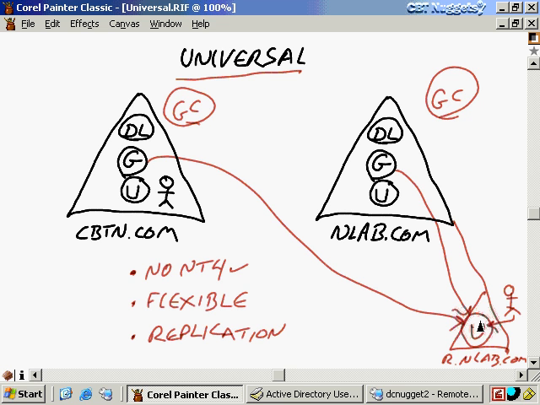And when you change membership of the universal group, that universal group membership is contained in the global catalog, and then the global catalogs have to reflect that change back and forth through replication, one global catalog to the other. So, by changing your universal group membership on an individual user-by-user basis, you significantly increase your replication traffic between